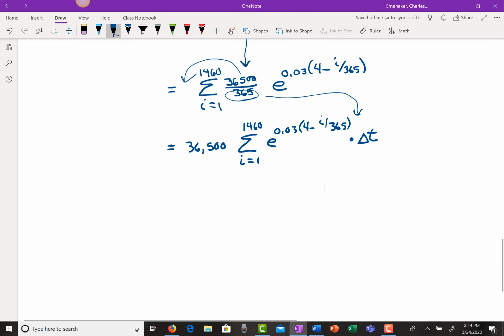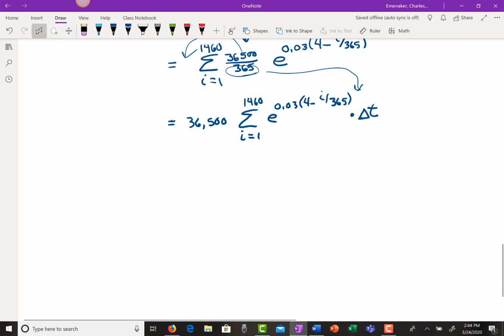Here's where things get a little bit on the interesting side. Up to this point, it's just been some algebra. What we're going to do is allow delta t to approach 0. In other words, suppose that instead of getting a payment once a day, we got a payment once an hour of $4 and some odd cents. Or we got a payment every minute. Or every second. By allowing delta t to go to 0,